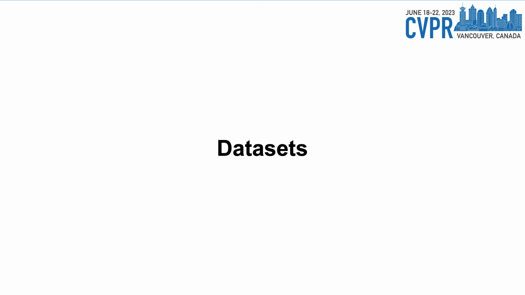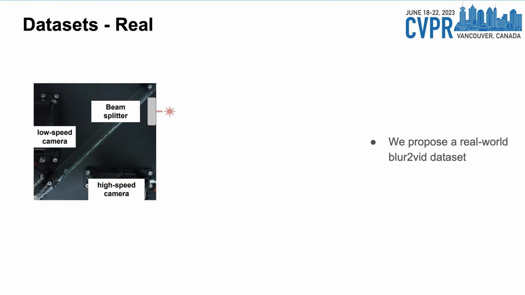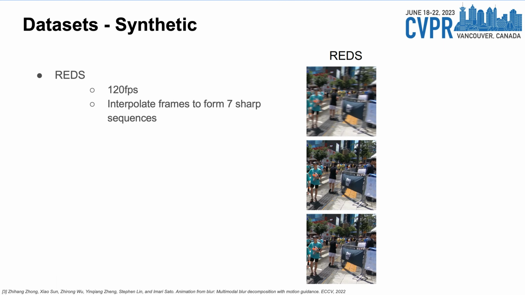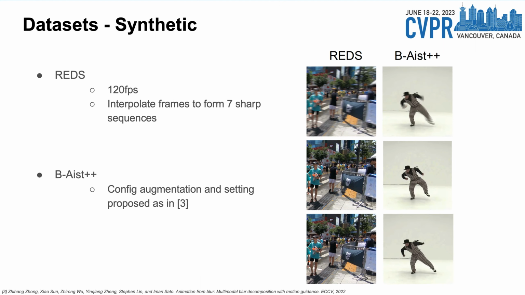Now, about the dataset. Another contribution of our paper is the first real-world blur-to-video dataset that we captured with our beam splitter camera system, which is built with a low-speed and a high-speed camera and a mirror in between to ensure capturing the same image. This dataset covers popular domains such as street, face, and hand. Moreover, we also experiment with our model on two popular synthetic blurry datasets called BAIST and PAIST++. The next section is the quantitative and qualitative results